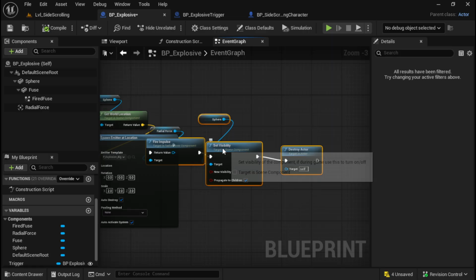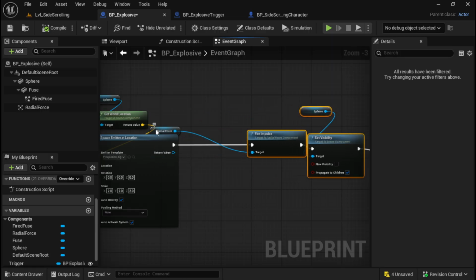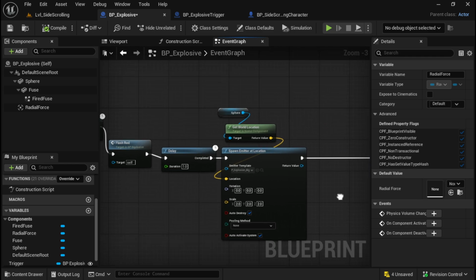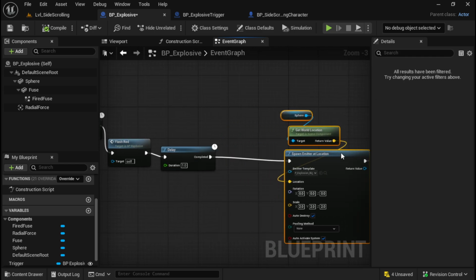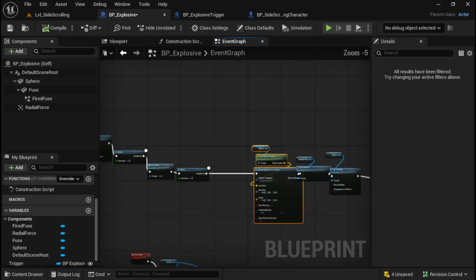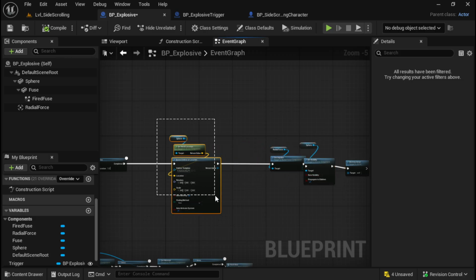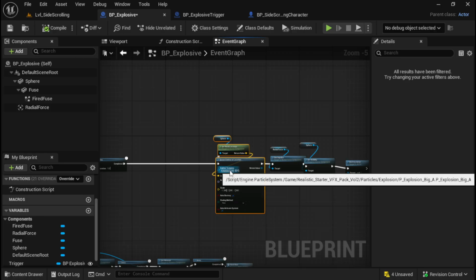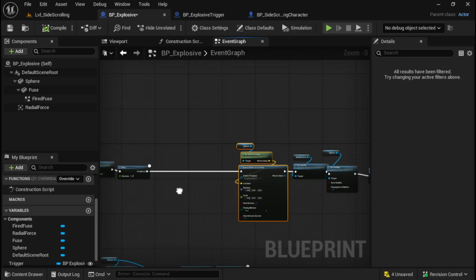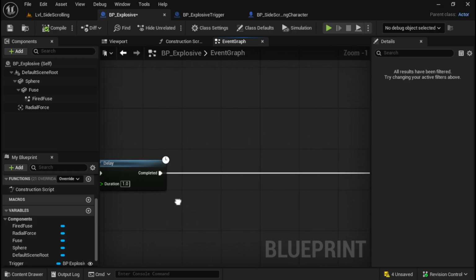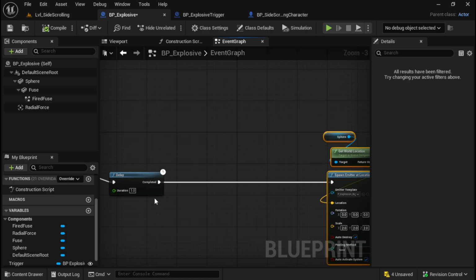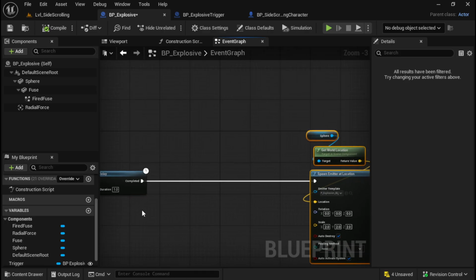So I'm going to drag this off here a little bit. I need to make some space. So I'll show you a few different tricks that we can use here. One of them is disabling the input from your player so that whenever they do explode, they can't use any of their air control to be able to push themselves back to where they want to be. That might be kind of mean, but I think a lot of you can see some use for that inside of a game. So first thing we're going to need to do is we want to cast to our player